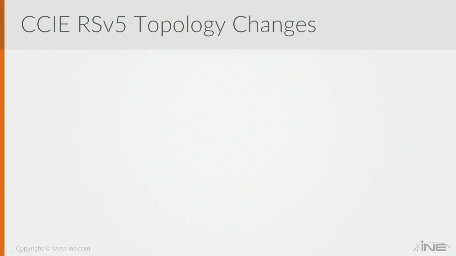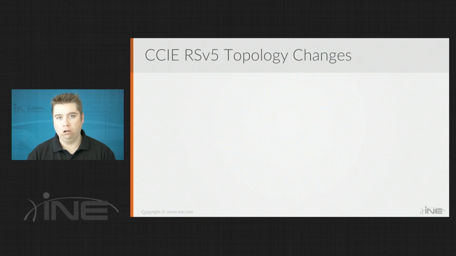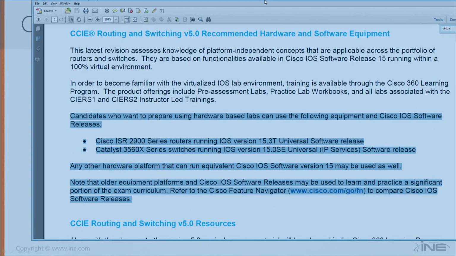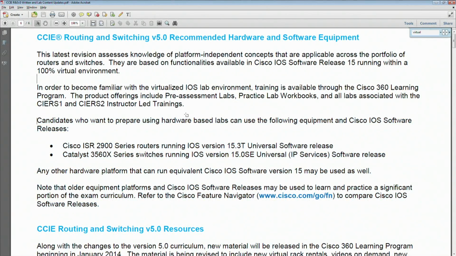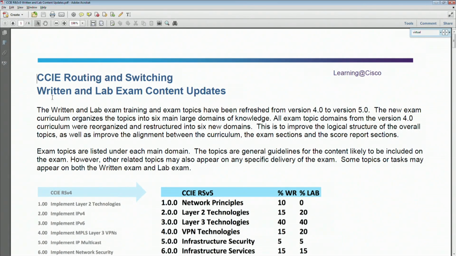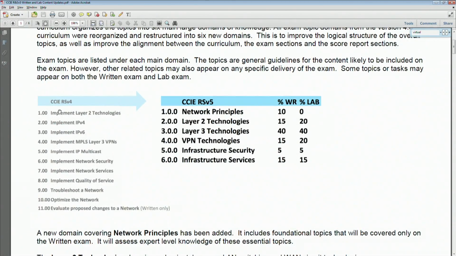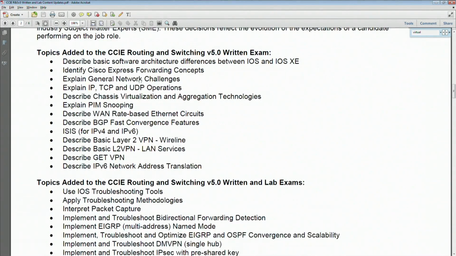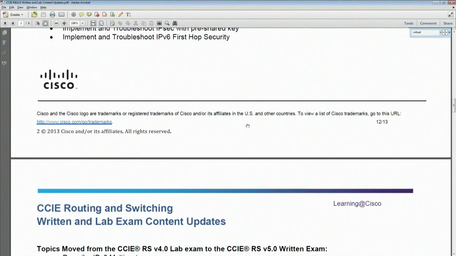Okay, so let's talk about the other big change, which is going to be what changed in the topology in terms of the hardware and the software. Now, there's a couple of relevant documents that you would want to see from Cisco's website. The first one is going to be this transition document, where I don't know exactly offhand where the link is on Cisco's website, but it's the routing and switching lab and written content updates. And basically, this is the high-level diff between the V4 and the V5 exam. So it shows what are those topics that were added, which ones were removed, and then it also talks about